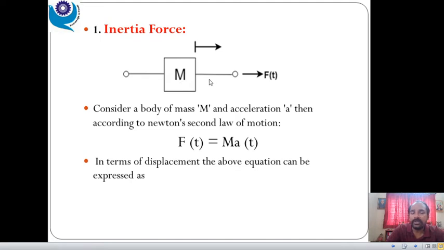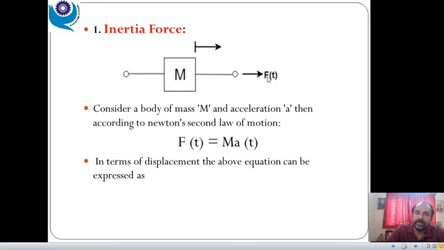Basically, translational motion is the motion along a straight line, right? So this is a simple mass over here. According to Newton's second law of motion, the sum of forces applied on this mass, or you can say rigid body, is equal to the sum of forces consumed to cause a displacement, or you can say velocity and acceleration, in various element systems, right? This is the way.